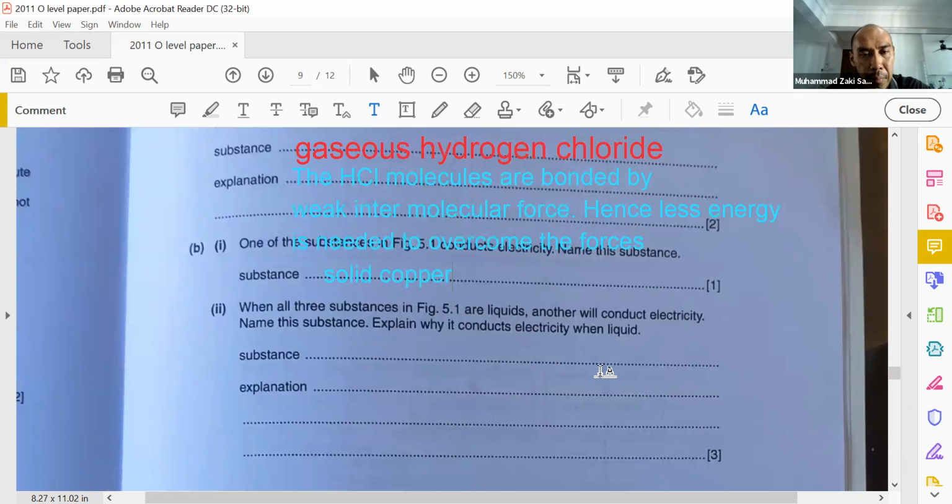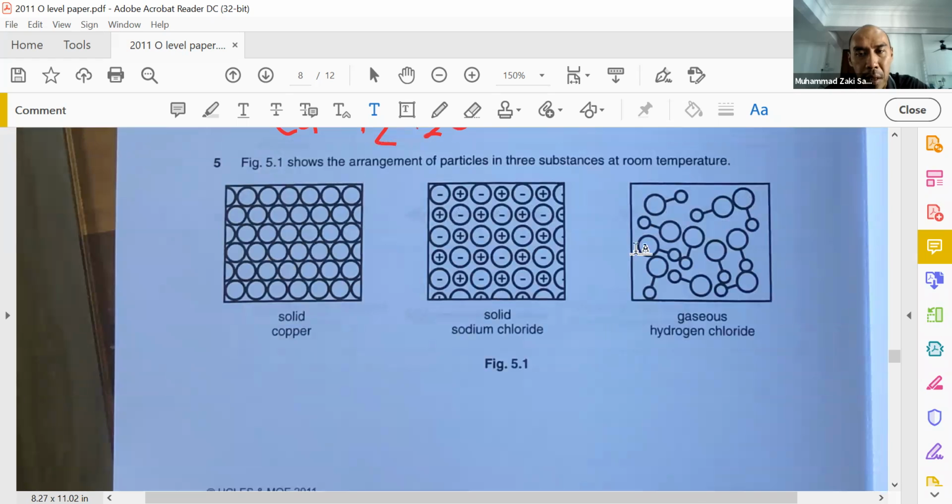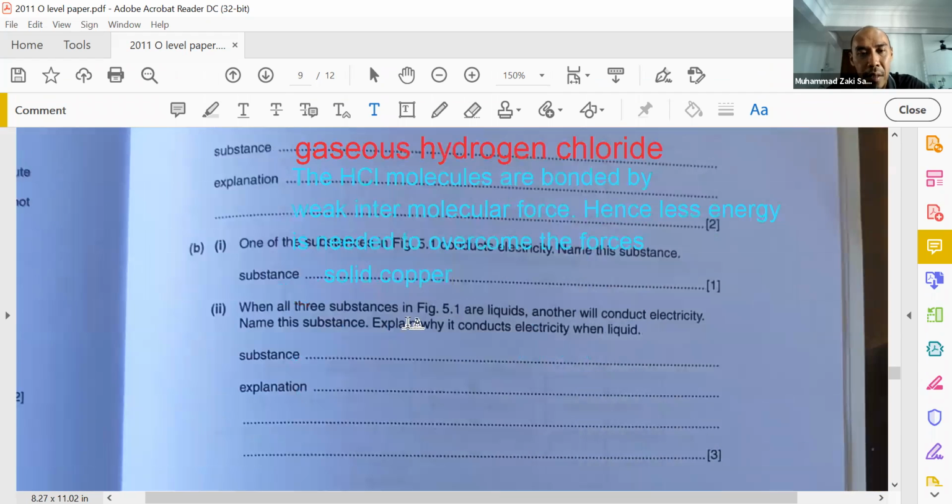Okay, next. Name the substance that, when all three substances are liquids, will also conduct electricity. Another one other than copper will conduct electricity. So which one? These three are melted, become liquid, they can conduct. This one surely conducts. Even in solid or liquid, metals will conduct electricity, even in molten. Solid sodium chloride will definitely not conduct, because it's an ionic compound. So it will be